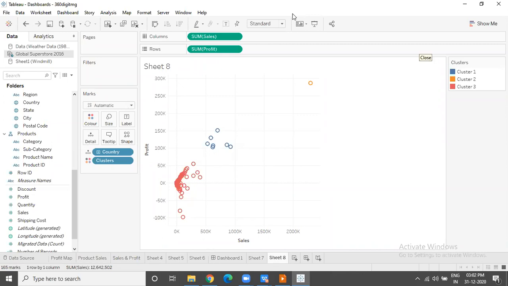Only k-means is there, sir, no other model. We don't have any other clustering technique in Tableau. This also was inbuilt about 2 or 3 years ago, in version 10 of Tableau it came. Prior to that, even this wasn't there. So this is the one thing that we have.